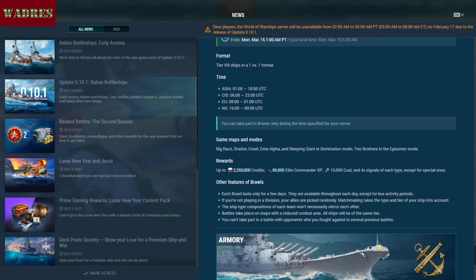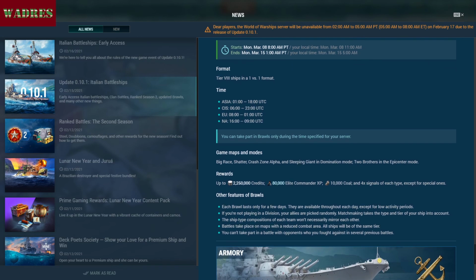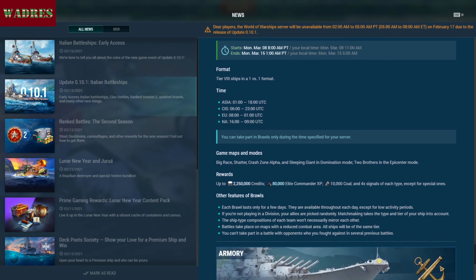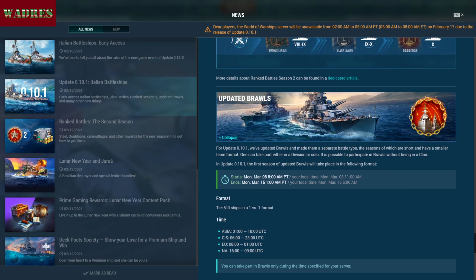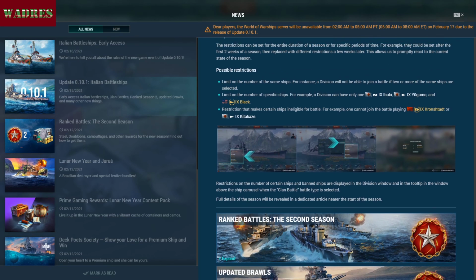Not playing in the division, allies are picked randomly. Matchmaking takes type and tier of ship into account. Though if it's a 1x1, I don't see why having allies or matchmaking really matters all that much. Battles take place on maps with reduced combat area. All ships will be of the same tier. Cannot take part in battle with opponents who you fought against in several previous battles. So chances of coming across a player multiple times are drastically reduced. Let's collapse some of these so that I'm not...